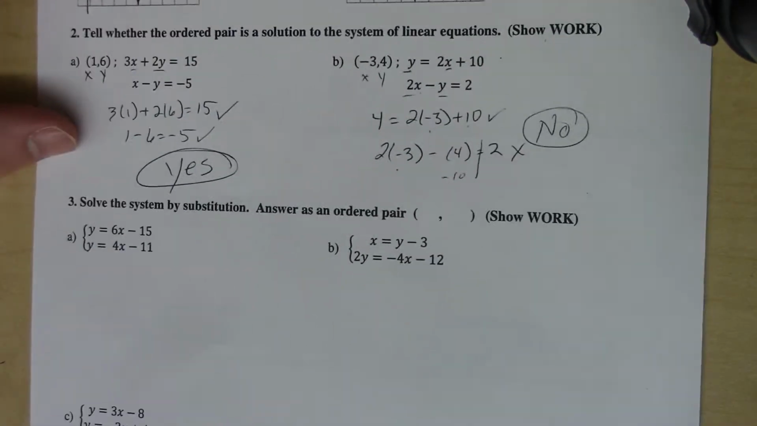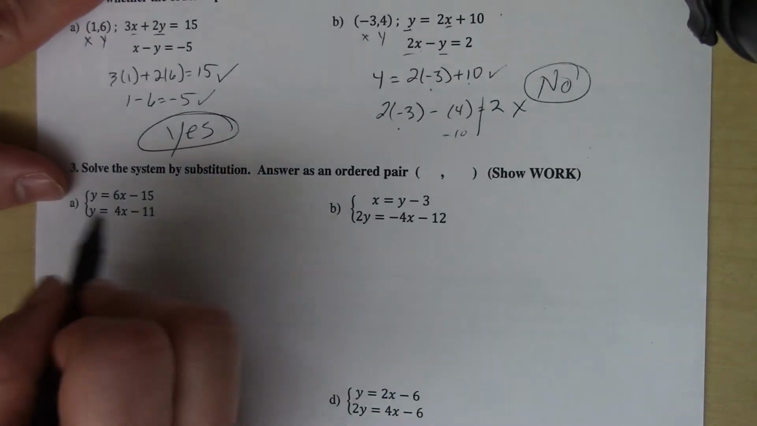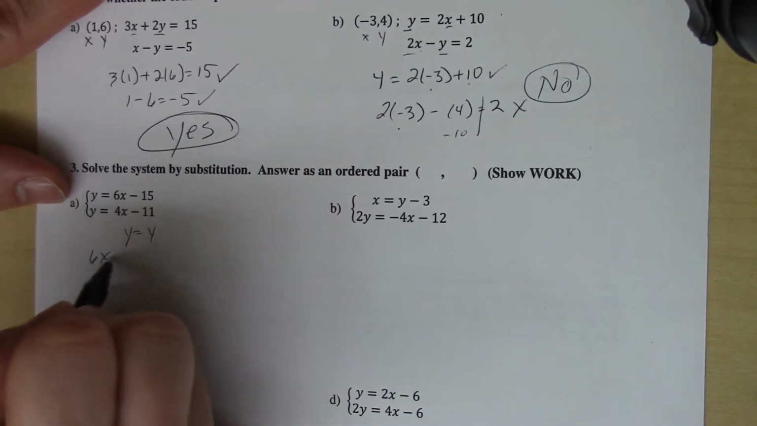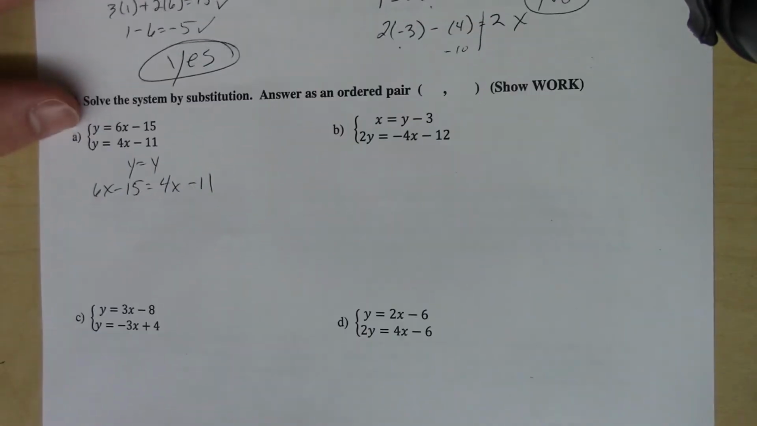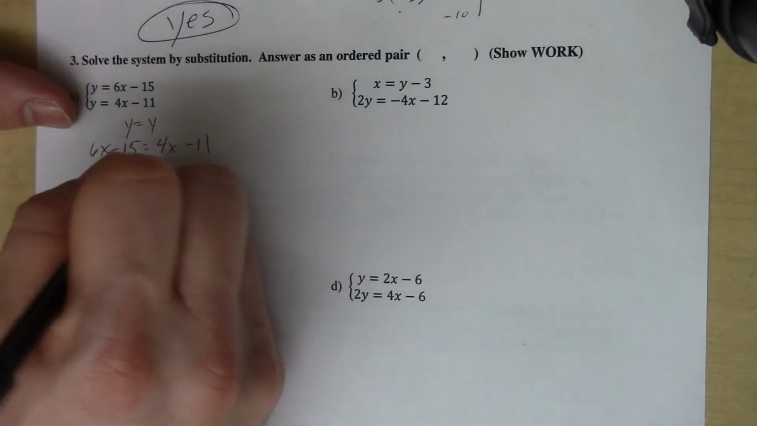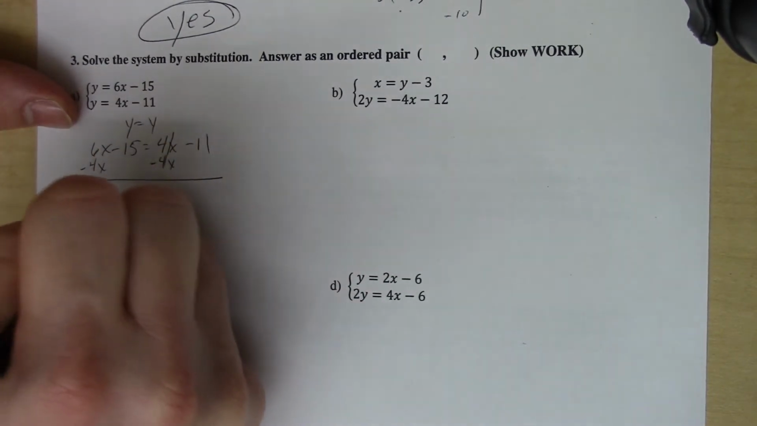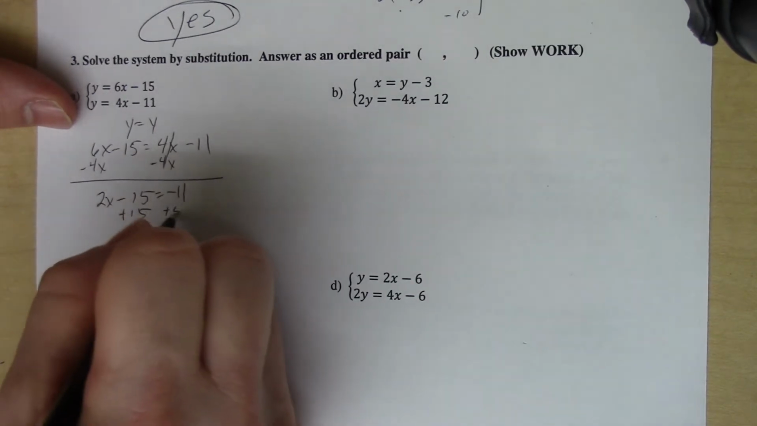Okay? All right, moving on to solving systems by substitution, right? So this is, again, y equals y, right? So I can plug in 6x minus 15 equals 4x minus 11 and start going through the motions to solve that problem, right? Like, for instance, subtracting 4x from both sides, I just like to move my x first and make them positive if at all possible. That's just the way I roll. I'm going to get rid of my numbers next